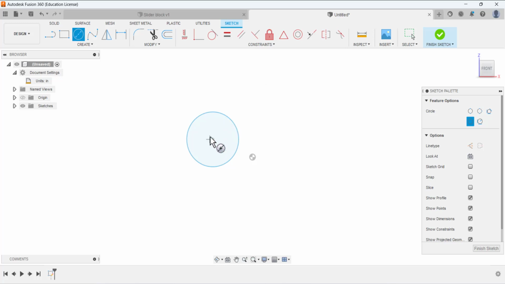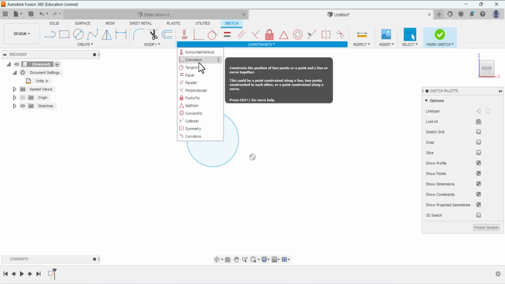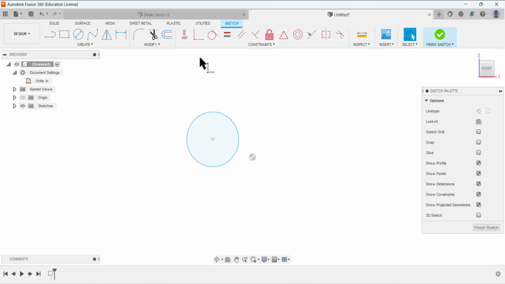So draw a circle here, and if this point and this point are not coincident, we have to add the coincident constraint. So select the coincident constraint, select this point and this origin. Now both have the relation of constraint of coincident, and select to deactivate this coincident command, and select the sketch dimension tool and give the dimension to this circle, and it has the diameter of 7